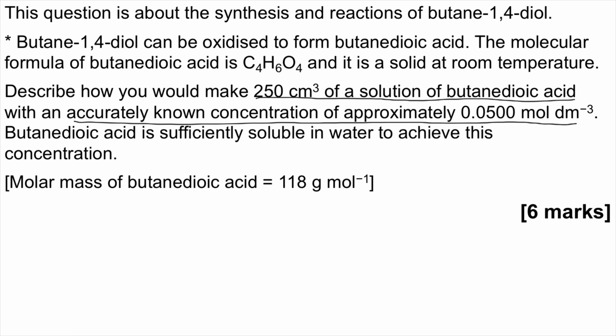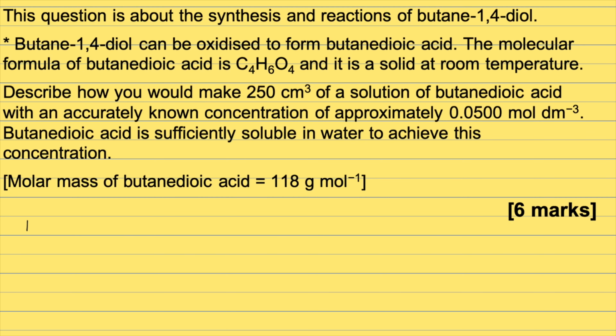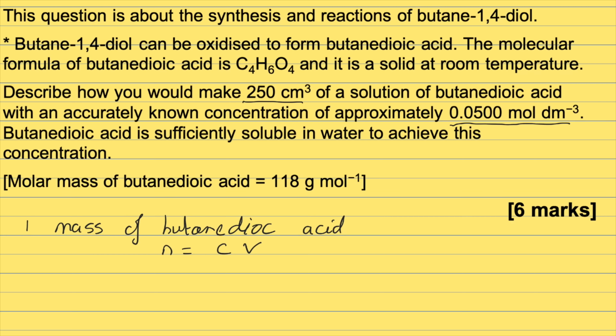Butane dioic acid is sufficiently soluble in water to achieve this concentration, and they've given us the molar mass, or the Mr, of butane dioic acid. So we've been asked to calculate the mass needed, and we need to show how we would do the standard solution. So our first job is to calculate the mass of the butane dioic acid needed. And to do that, we're going to calculate the moles in the standard solution. So we're making up 250 centimeters cubed, and we know the concentration of this solution needs to be approximately